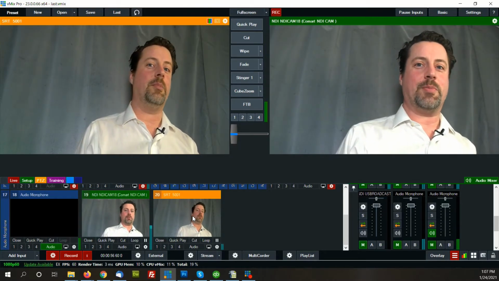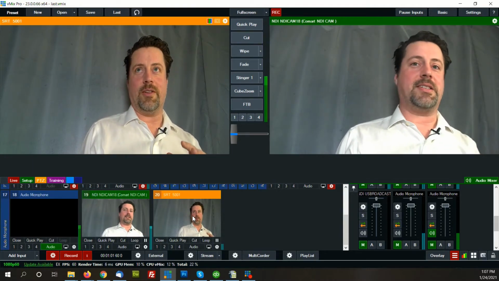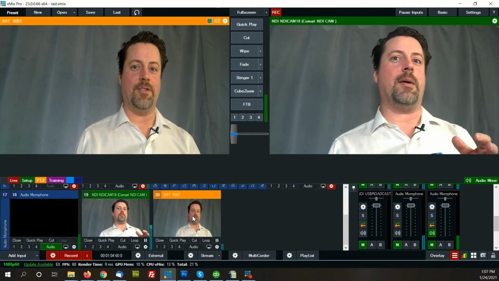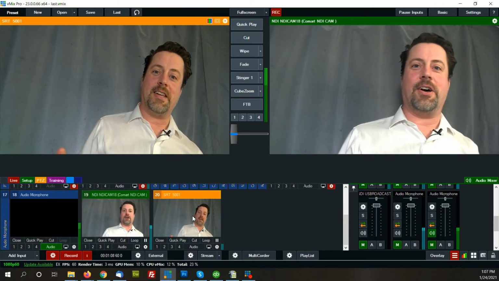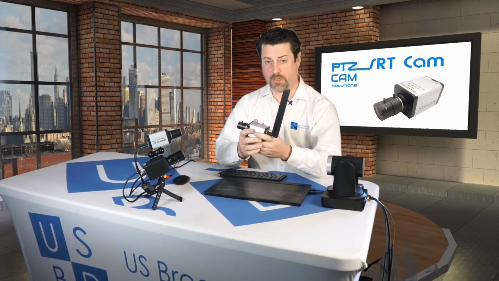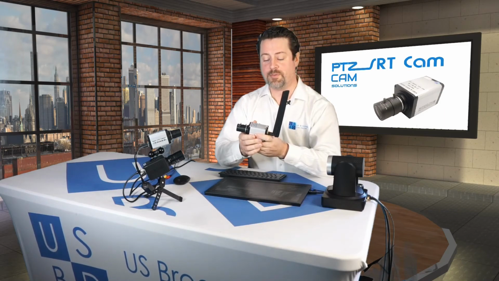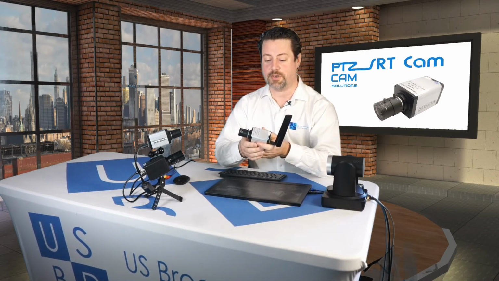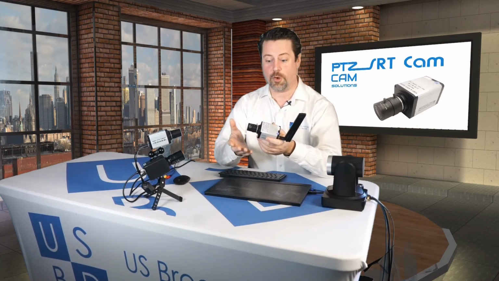SRT, Secure Reliable Transport, uses that buffer, that delay, to deal with lossy Wi-Fi and dropped packets at your ISP and DDoS attacks on various nodes between here and there. And for sure, this is a solution that you should look at if you are in remote production. If you need to send video back to a central location from any kind of fixed or mobile contribution, whether you're doing mobile events or conferences, or if you are working, for example, with funeral homes where you